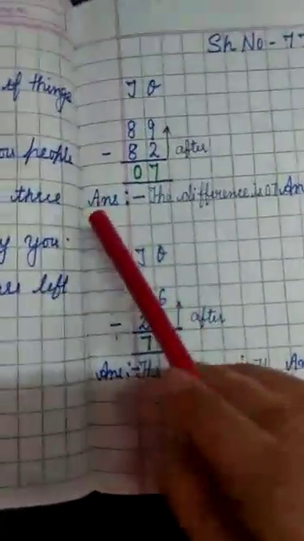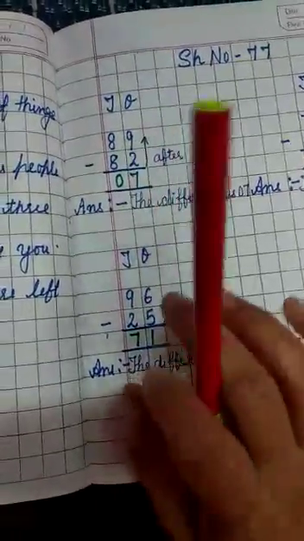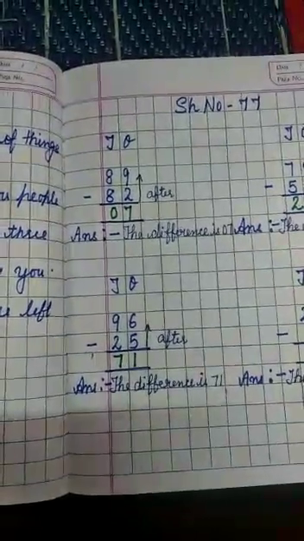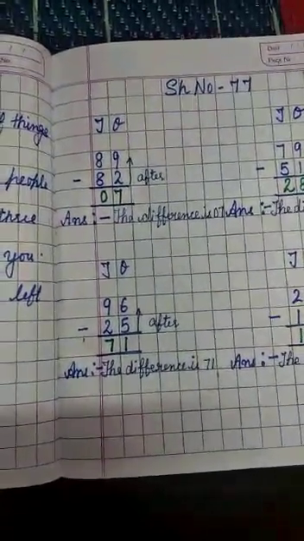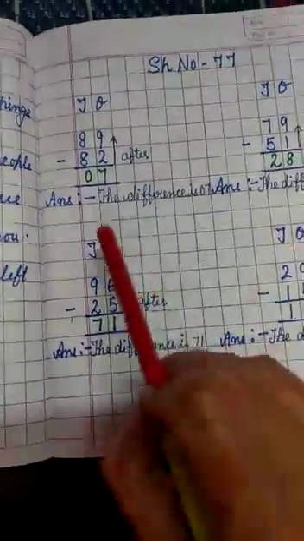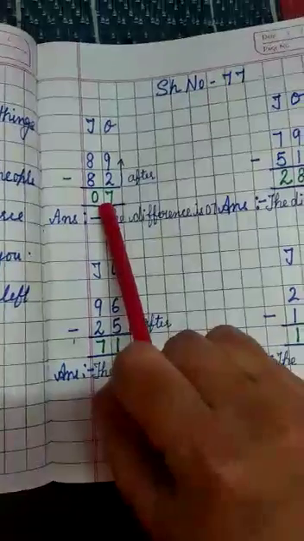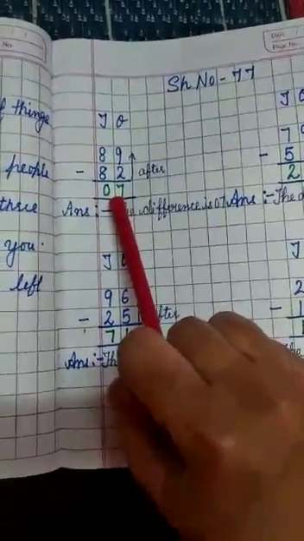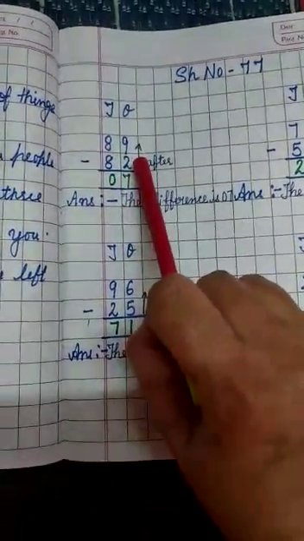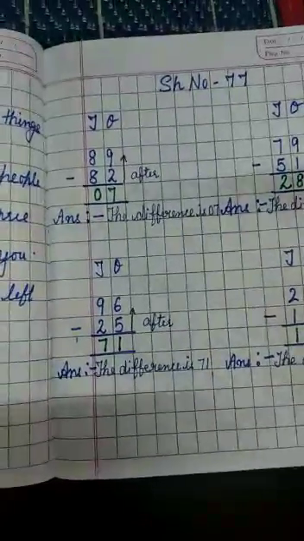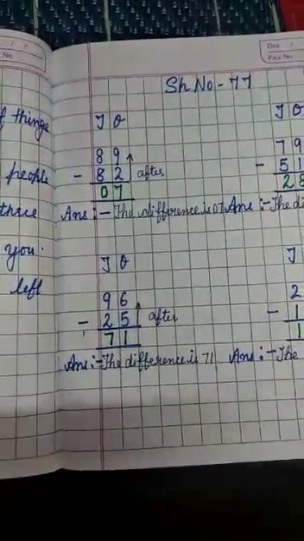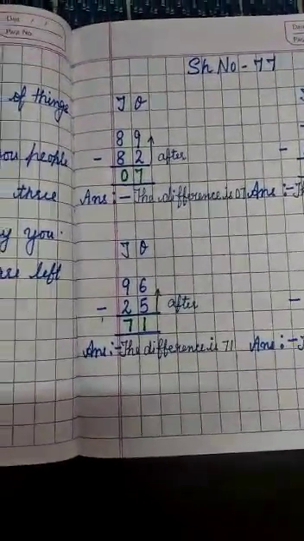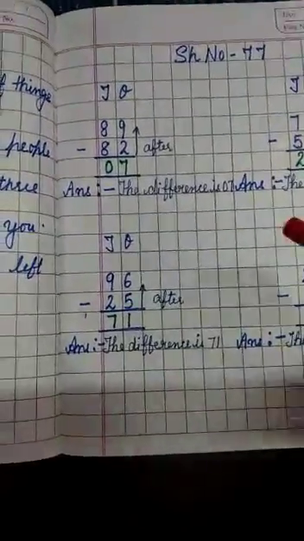Here 2 wants to catch 9. We will open our fingers according to that. Like after 2: 3, 4, 5, 6, 7, 8, 9. Here we are opening our 7 fingers. You can do it with the help of your fingers. Here I am not able to show my fingers. So 9 minus 2, 2 wants to catch 9. And how many numbers do we have to move upward in order to catch 9? 7 numbers. After 2: 3, 4, 5, 6, 7, 8, 9. 7 numbers we are going upward.